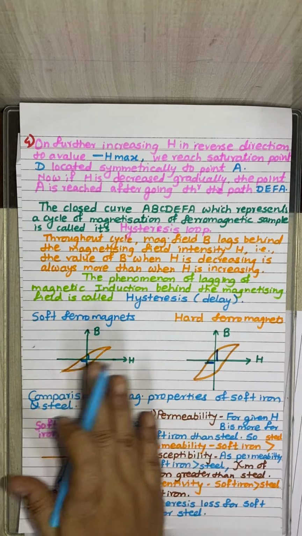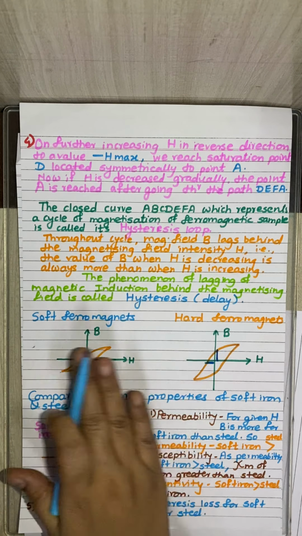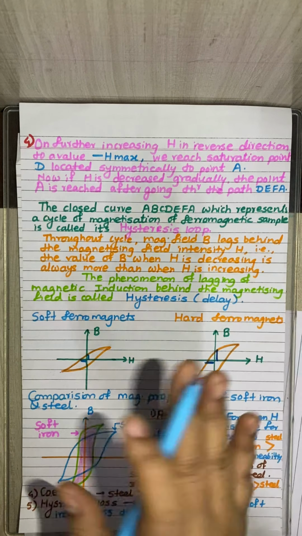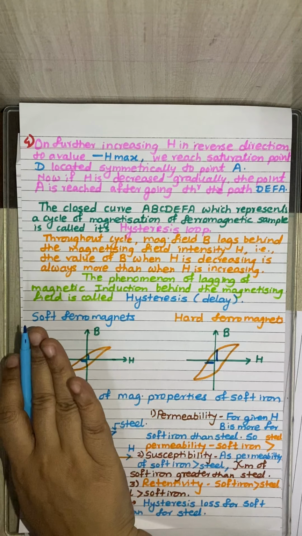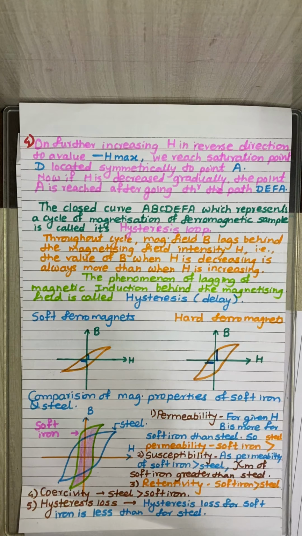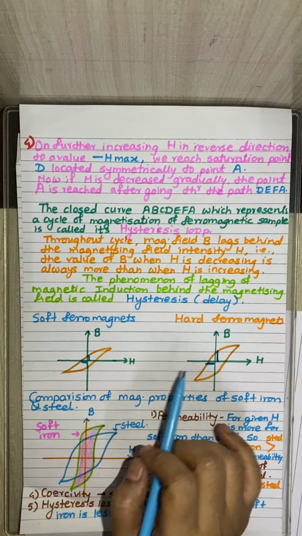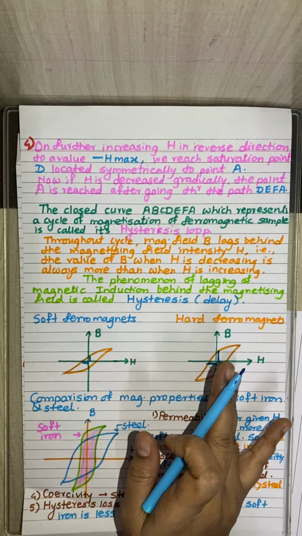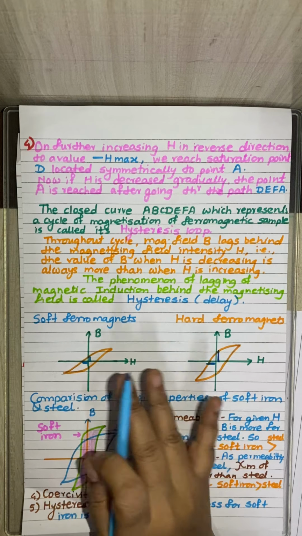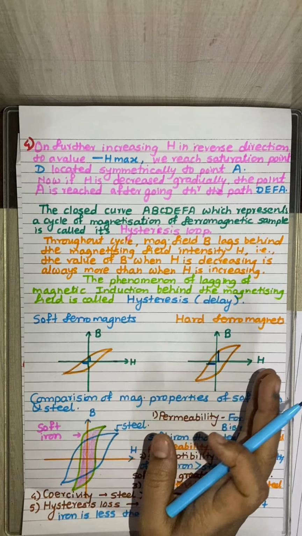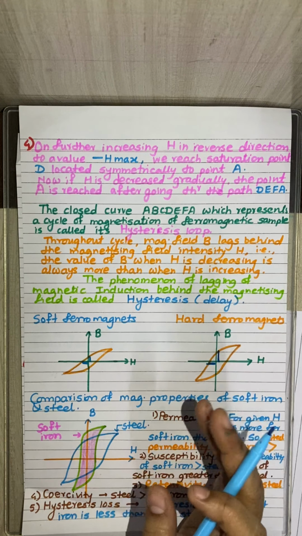Okay, so we can differentiate between the two graphs: which are the soft ferromagnets, used as temporary magnets or electromagnets, and which are the hard ferromagnets, used for permanent magnets. Specifically, this type of graph is asked in 1 mark questions to identify the type of the material, or to identify whether the material is used for electromagnet purpose or for permanent magnet purpose.